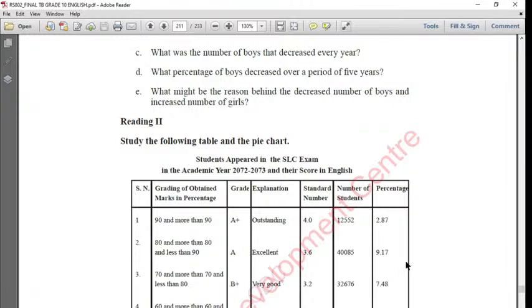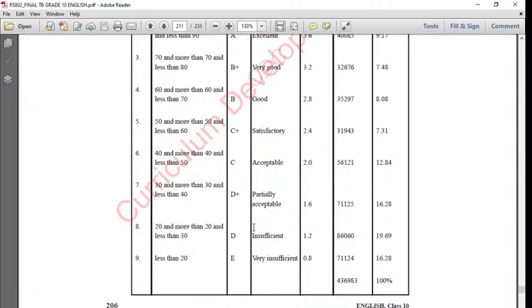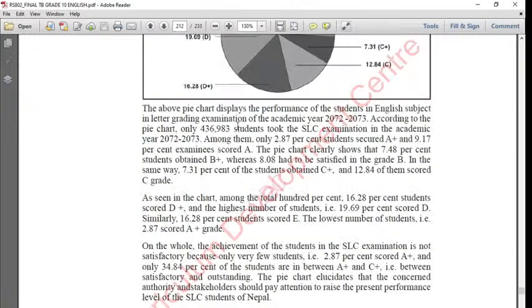Study the following table and the pie chart. Students appeared in the SLC exam in the academic year 2072-2073, and the table shows their scores in English. We have A plus graded, A graded, B plus graded, B graded, C plus graded, C graded, D plus graded, D graded, even E. We have got the performance of SLC students in the academic year in a pie chart as well. Its description is given in detail right here in 3 paragraphs. The above pie chart displays the performance of the students in English subject in the letter grading examination of the academic year 2072-73. According to the pie chart, only